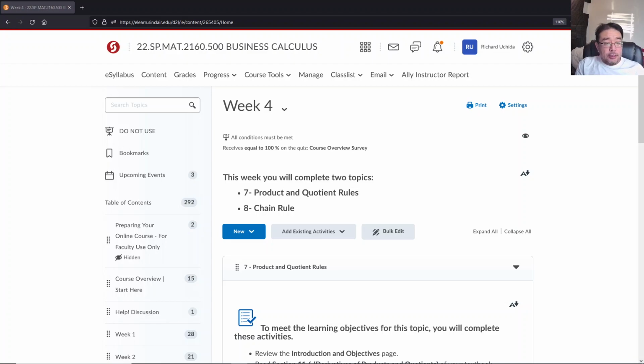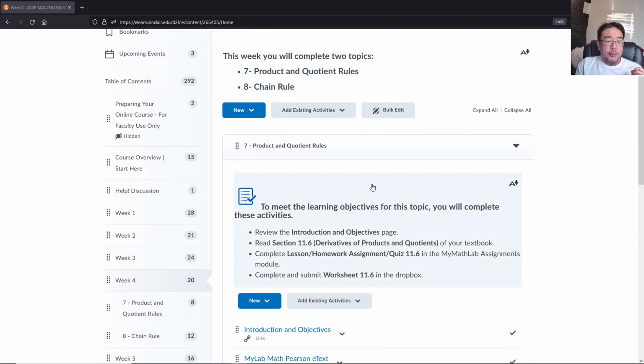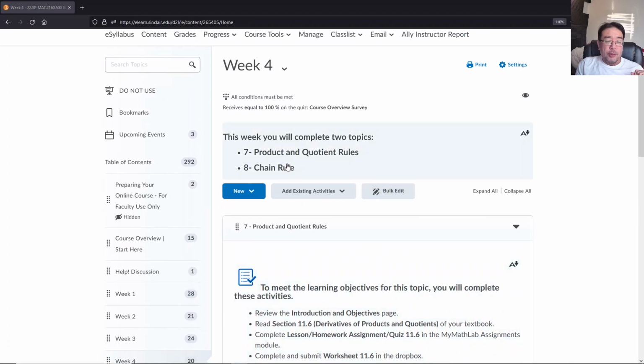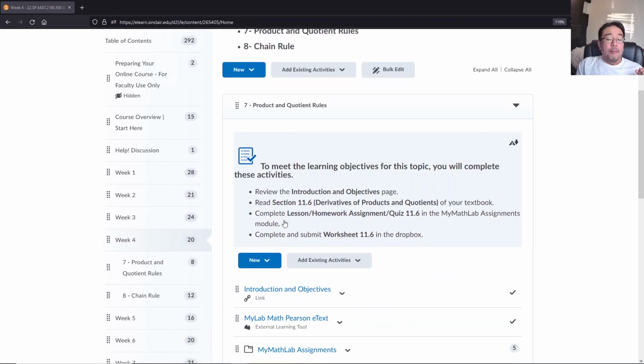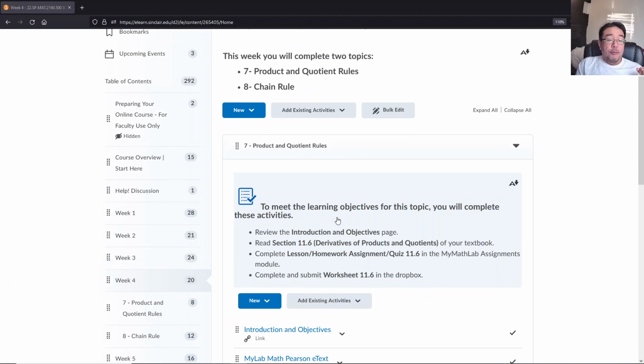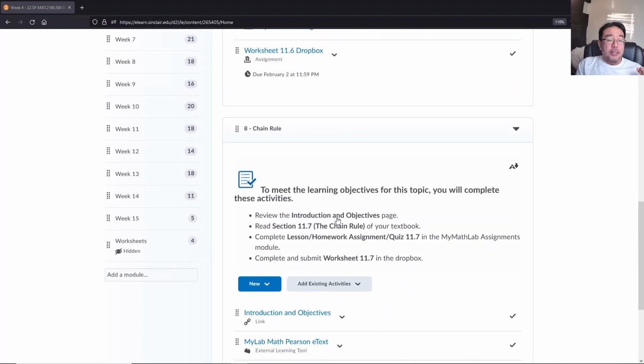Just a few things, we're going to go over two sections this week, sections 11.6 and 11.7. These deal with using the product rule and quotient rule for derivatives, and then the chain rule. As normal, the section 11.6 assignment set will be due on Wednesday, and the section 11.7 set will